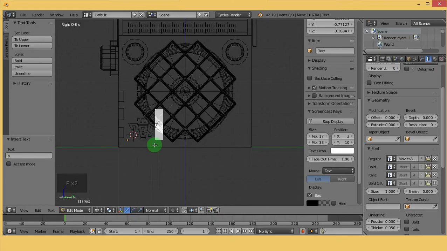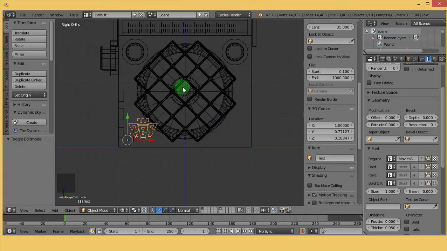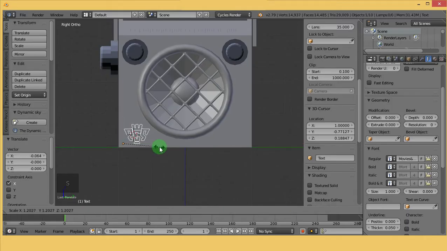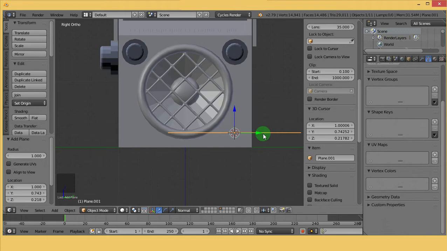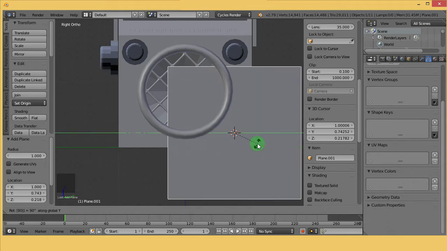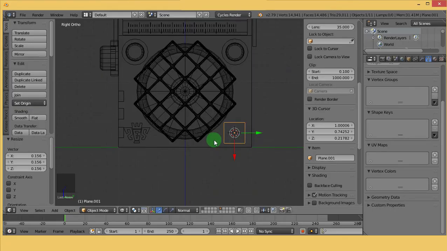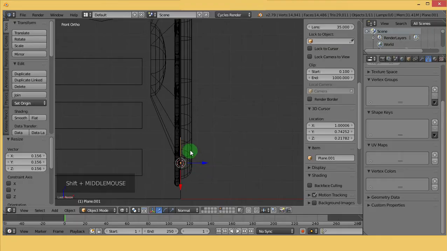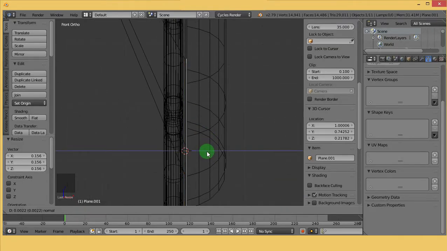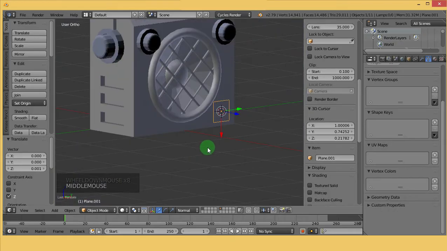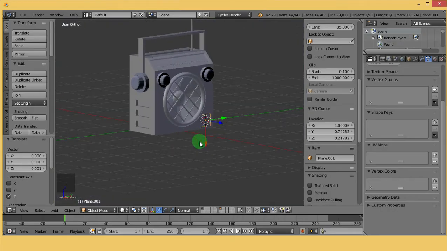I'm just deleting and inserting here. I think I like this one. I don't know what it's for, but I actually like this one. It's nice. So I'm gonna scale it down here, and I'm gonna scale it just a little bit, place it right here, and on this other side, I'm just gonna insert a plane, rotate to the y-axis, and then plane, scale, and make sure, go to the side view, make sure that it's not in the same line as the radio. Bring it up here maybe just a little bit,